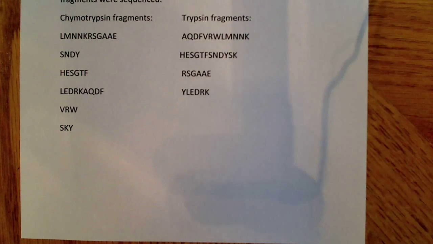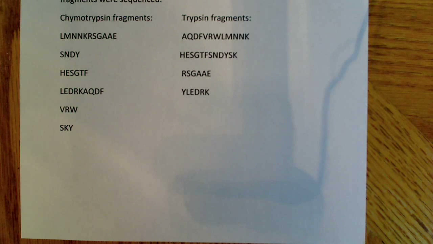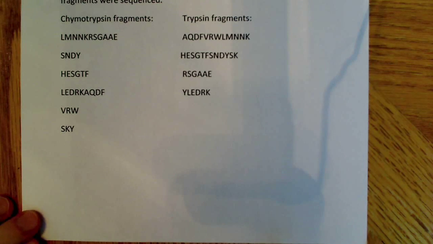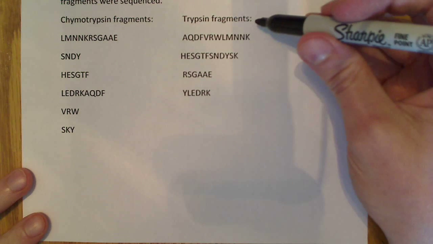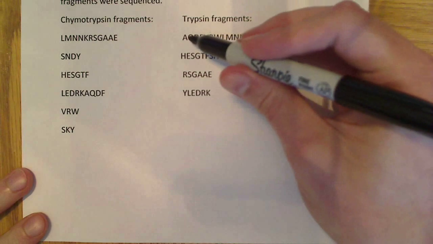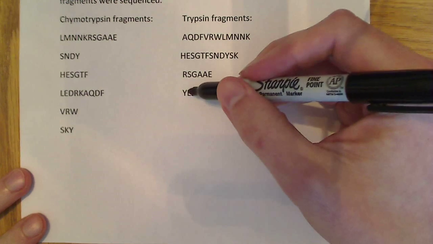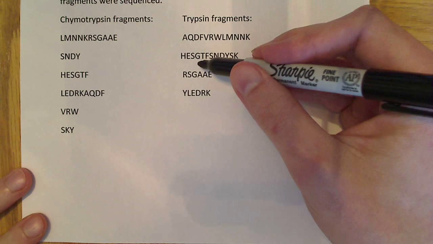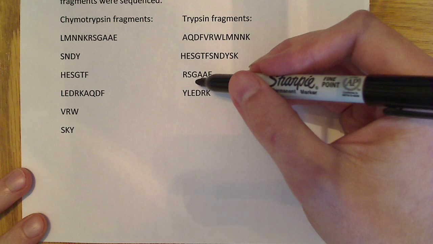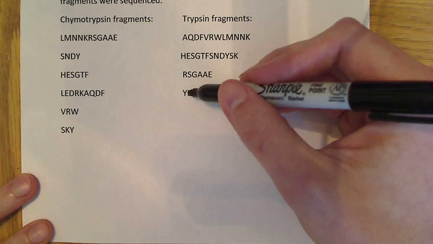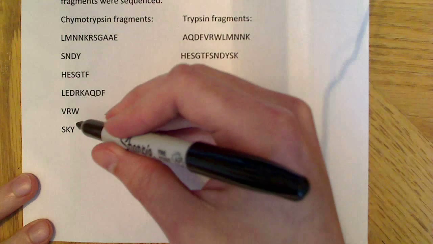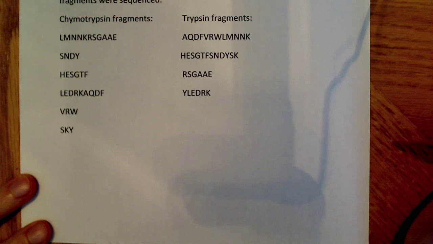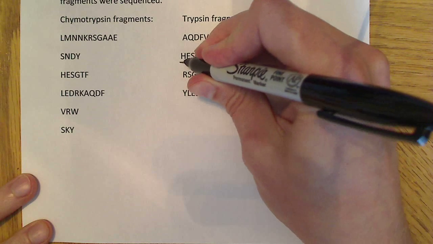So what I would do first, if I was doing this problem, is look at both of these fragments, specifically at the first amino acid in all the fragments. So I would look at the first amino acid in all the fragments of trypsin and ask: is the first amino acid in any of these fragments the same as the first amino acid in any of the fragments cleaved by chymotrypsin? And if you look at that for a little while, you'll see that this histidine here